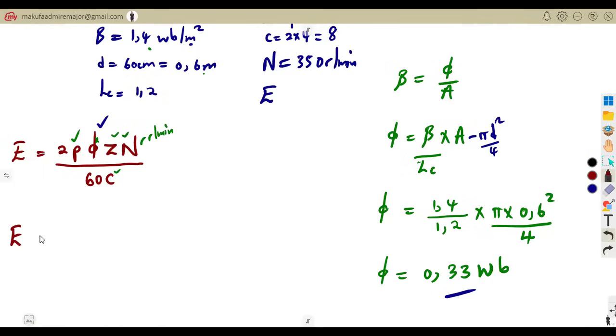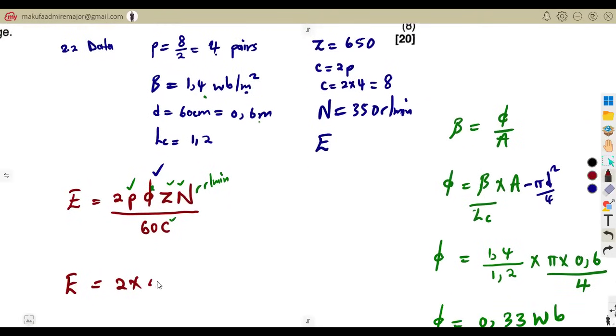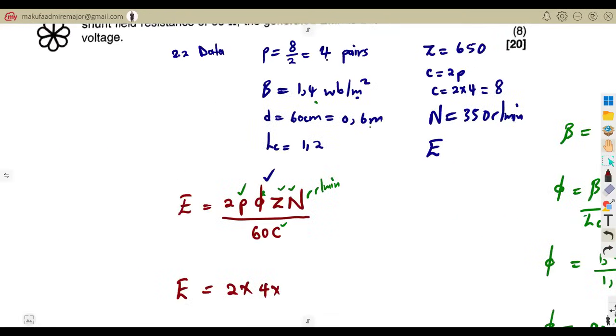This was a direct question. So that's 2 times the pair of poles. How many pair poles? P, remember we said 4. That is for the flux. We just calculated our magnetic flux 0.33. All right, so this we got